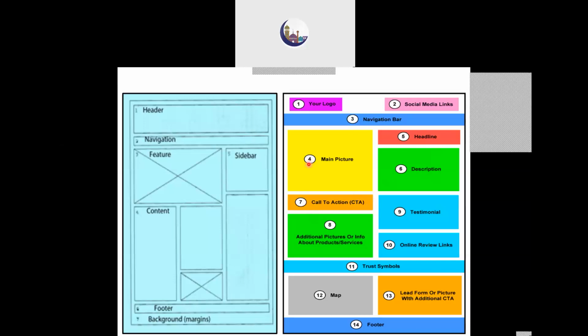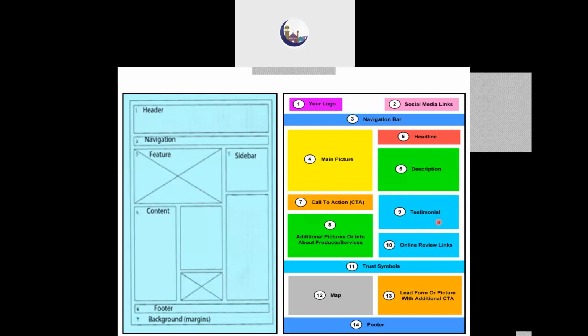Similarly, if it is an online selling platform like Amazon or Flipkart or something like that, you'll have the product's photo, then the product's name, and then the description, and then you will have buy or add to cart. So those are also call to action. Any type of action which is calling the user to perform it is called call to action, which will be kept just below the main picture.